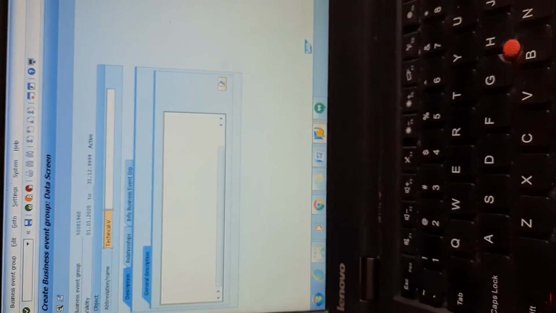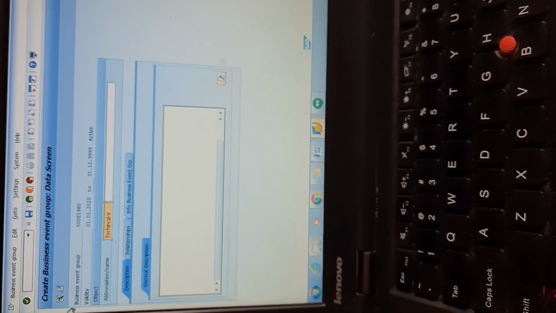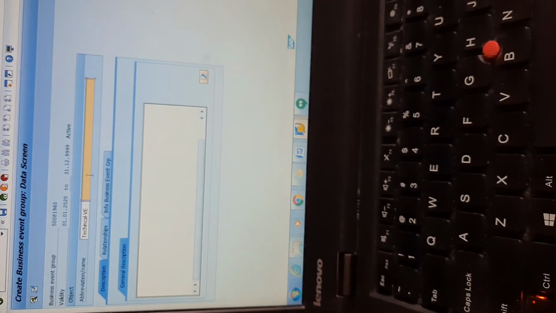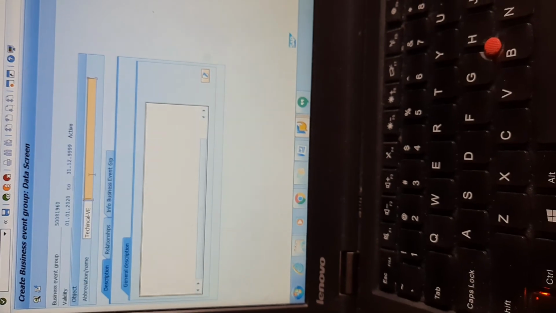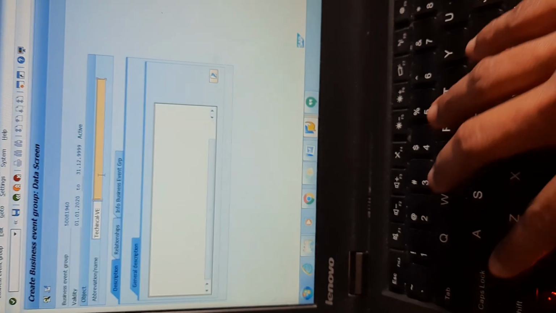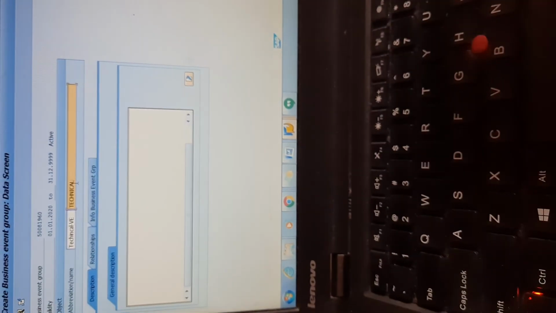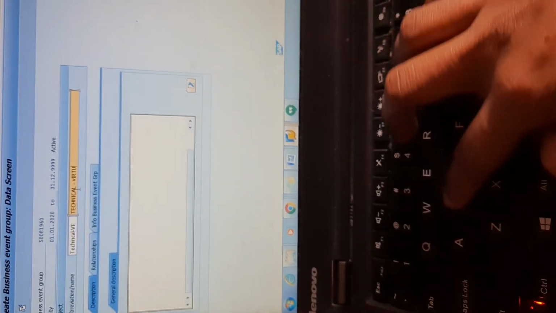This folder has already been created. This one I'm creating is for e-learning. For e-learning, we didn't have any virtual thing. I'm just putting it as VE. See this, any name, everything is an abbreviation name. It is a small word which will come on the pop-up. I'll show you that also. Here it will be the actual folder name. So I'll write it here as technical virtual e-learning.